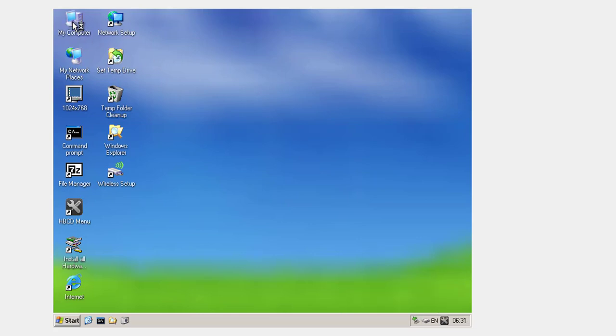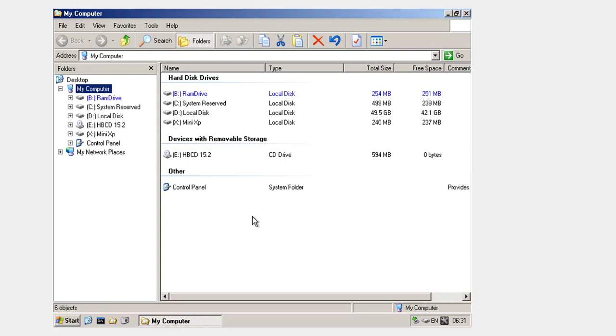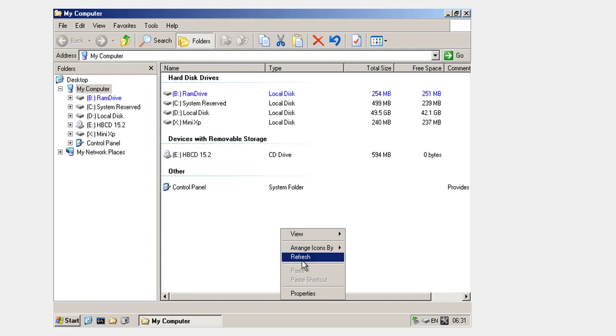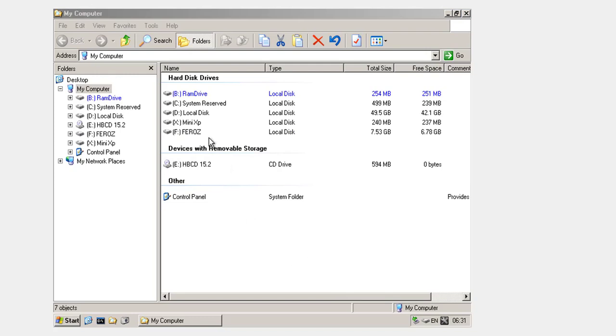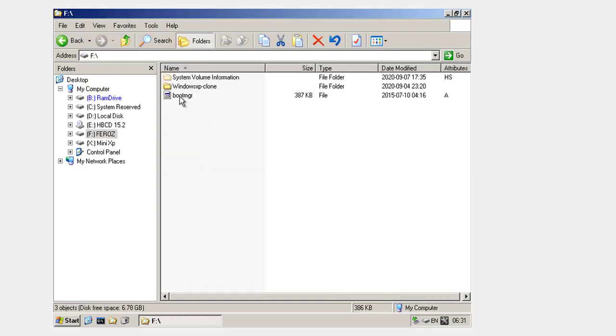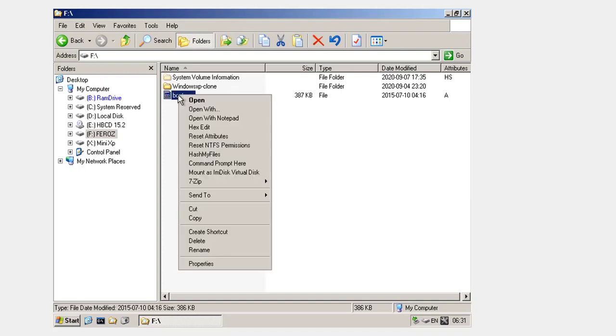Now open My Computer. Now here is my pen drive. Open the pen drive and copy the bootmgr file